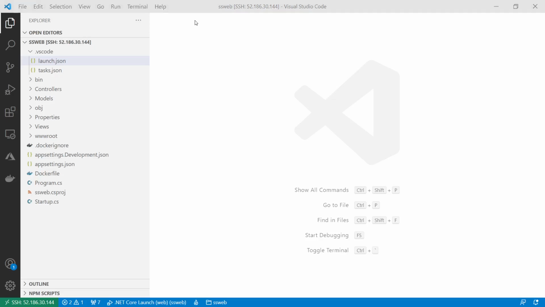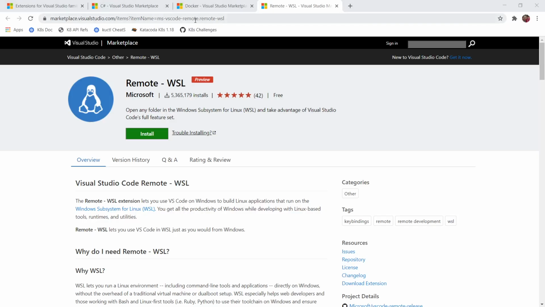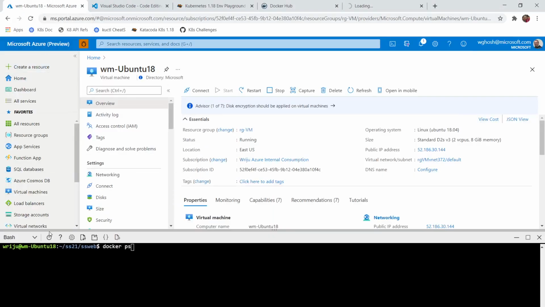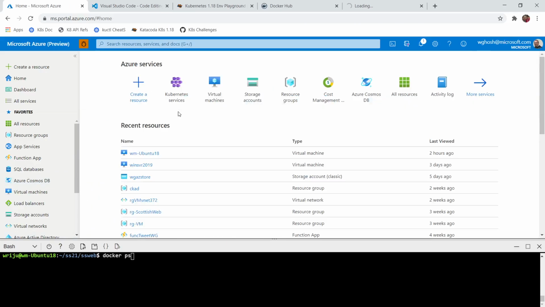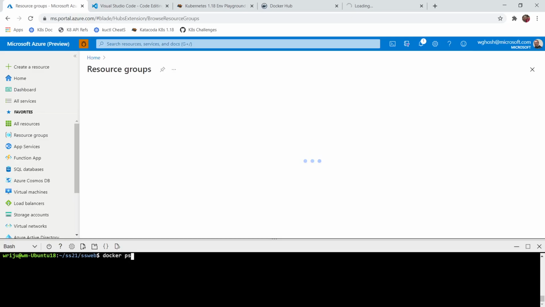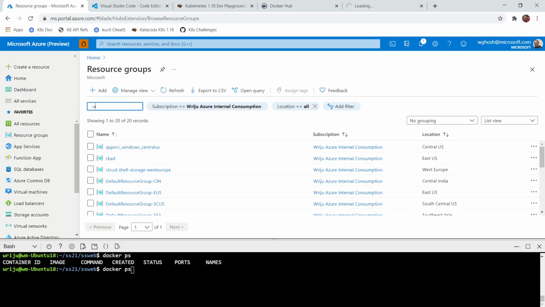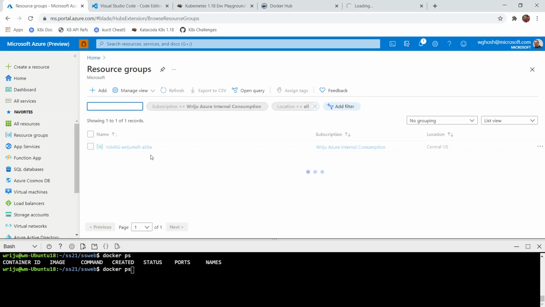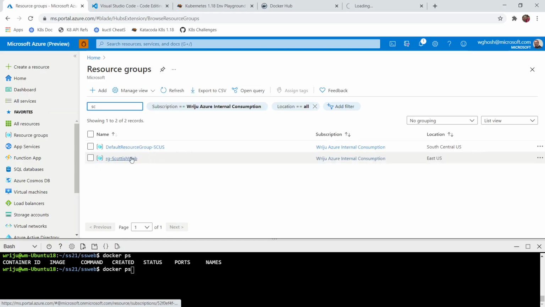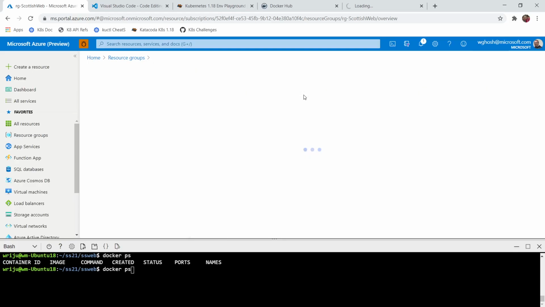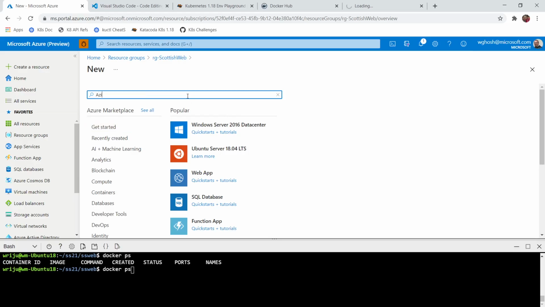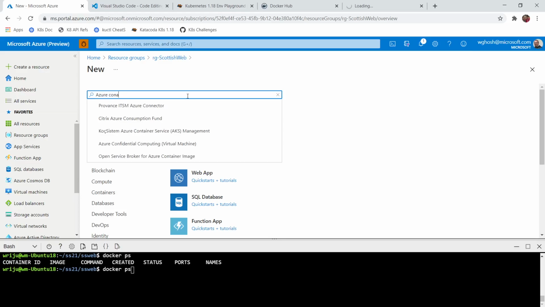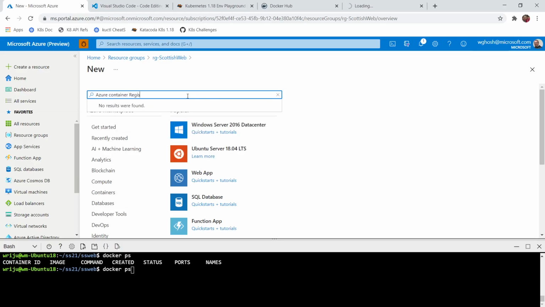So let us use some Docker platform to run this in the cloud. So what I have over here, now I will go to the home, resource groups. Now I just wanted to see if that Docker PS got created, with minus A. Okay, so I'll say Scottish. And then what I'm going to do is say add, and then Azure container registry, not registry,